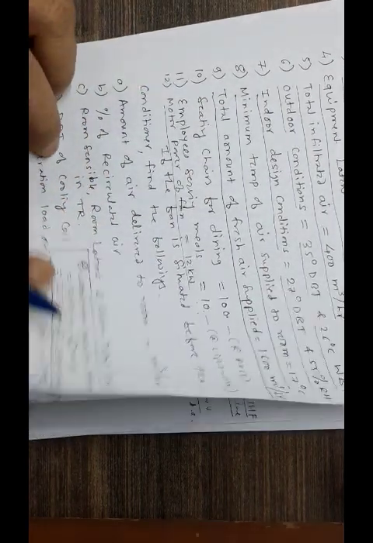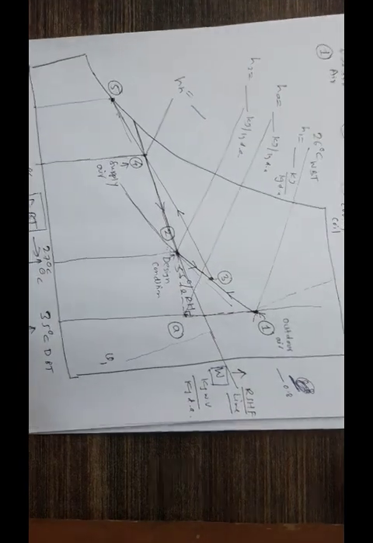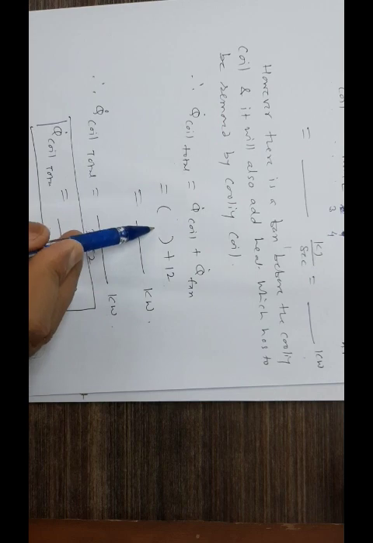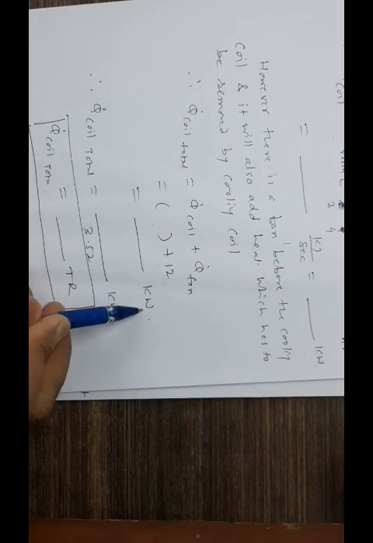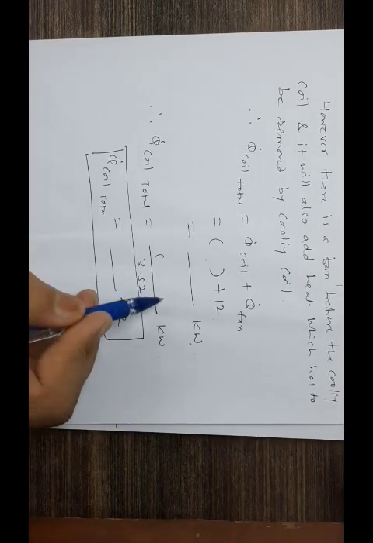So this 12 kilowatt is added for further cooling. So that is added into it. This is 12 kilowatt, this is also in kilowatts, so total is in kilowatts. This total which you have got, divided by 3.52, will be your tonnage. That is the capacity of the refrigeration system requirement for your application. So this is what happens to be the entire problem.